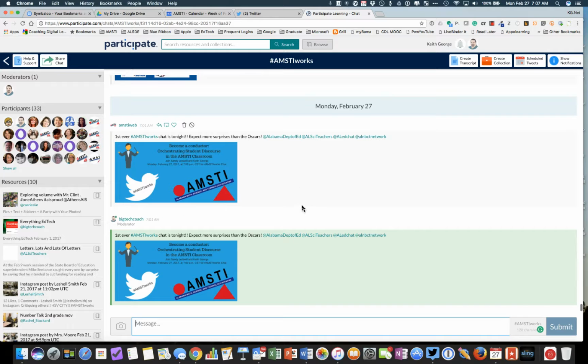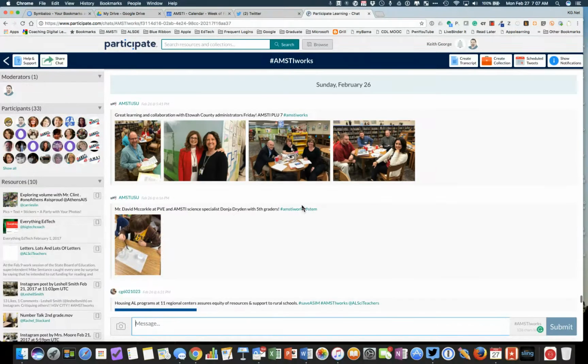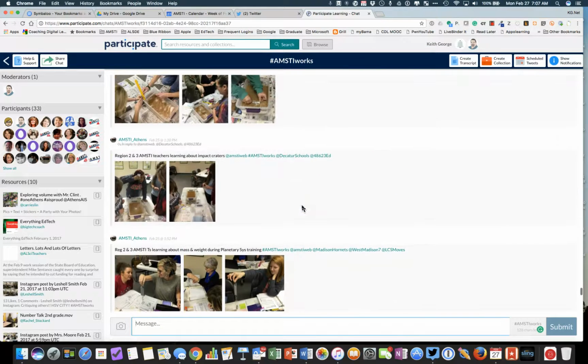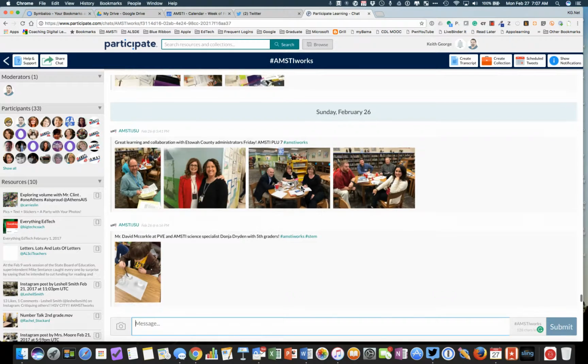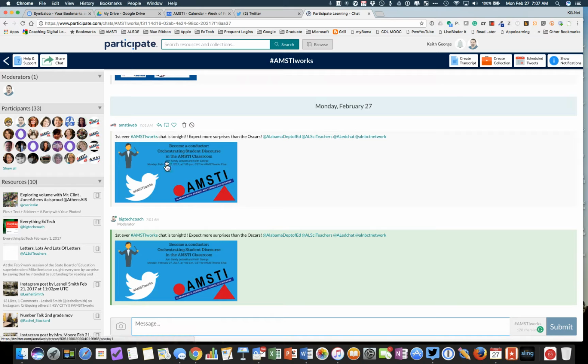Here in the center is the actual live Twitter feed coming straight from Twitter. So as you can see, anytime the AMSTI Works hashtag is used, it's going to show up in the feed here. And these are a couple of tweets I did this morning reminding everybody about the chat. Down here at the bottom is a message box where you can go ahead and be typing your message. So we could do something like, so pumped to have the first